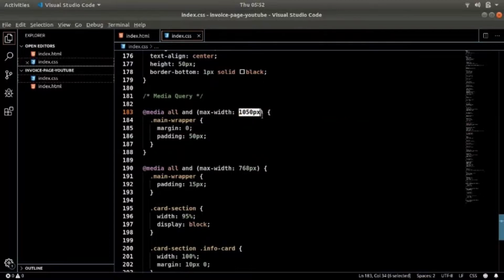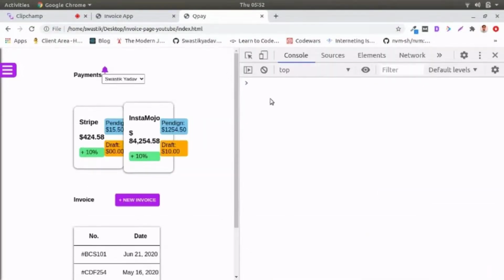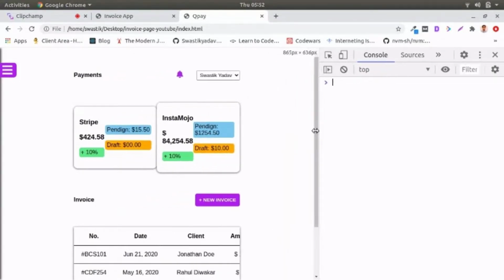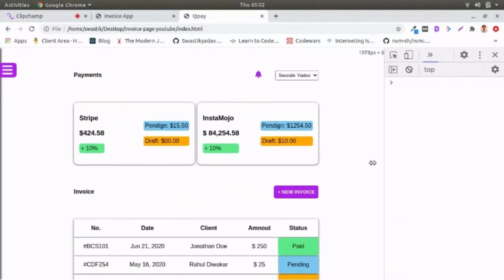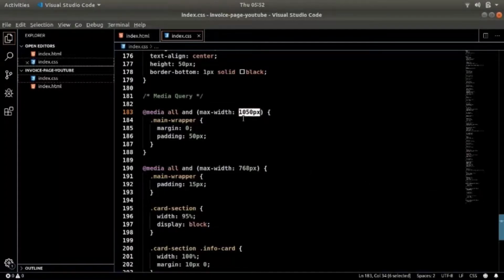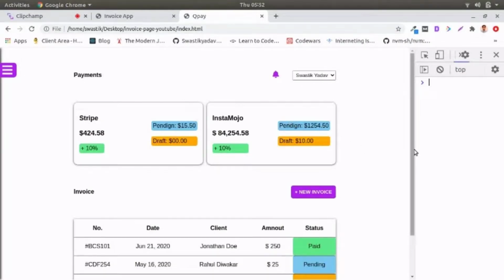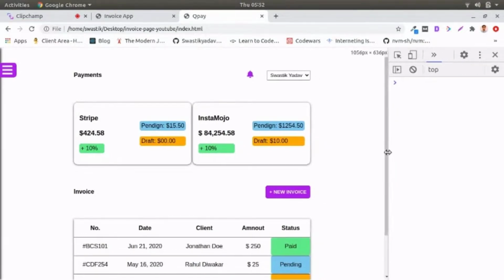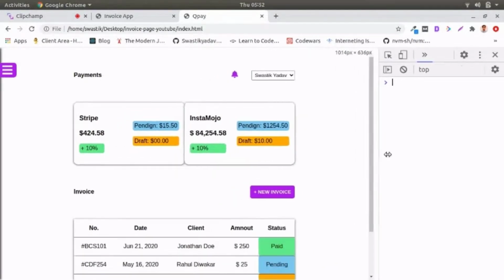So for this point, this is the size. Okay, so if I reload, you can see on the top there is a size showing up which defines what the size is, and according to that I know that at this point things just start to get ugly. Okay, so 1050. Beyond that point the cards start to stick together and everything starts to fall down.